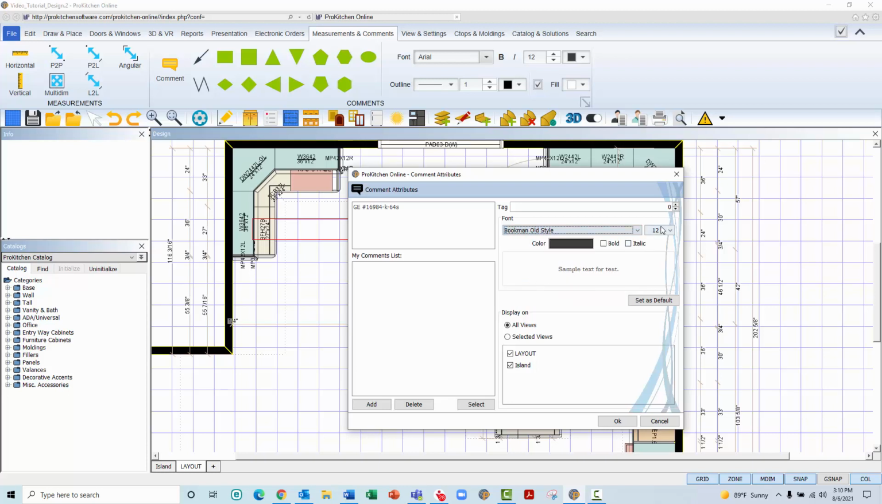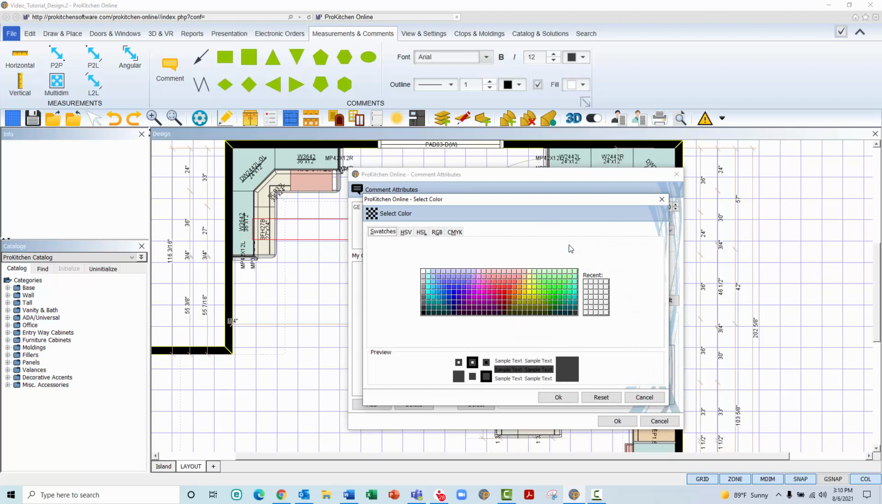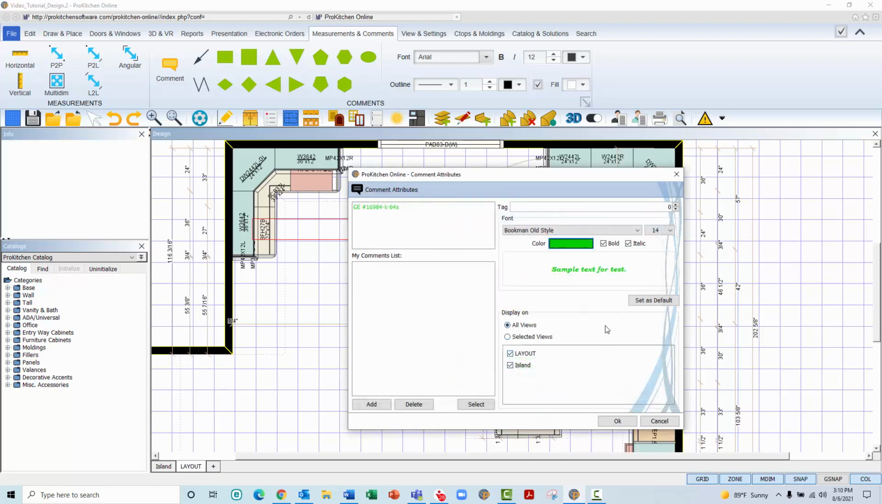You can adjust the size of the font by left-clicking the drop-down and selecting the desired font size. You can choose for the text to be bold or italic by left-clicking in the box to checkmark the style. You can also adjust the color of the text to color code your notes. Left-click the color box. Left-click in the gradient box to choose your desired color, and left-click OK. Any changes you make to the comment will be visible in the preview